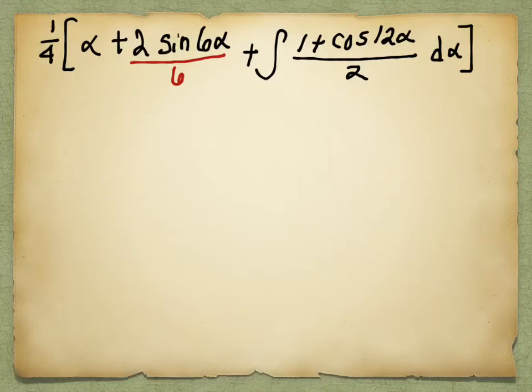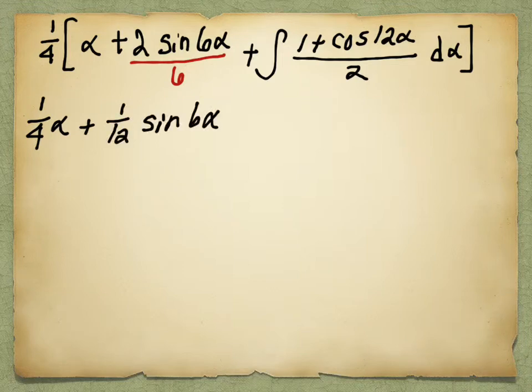And if you'd like, we can go ahead and distribute the 1/4 through here before we take our antiderivative. I have a 1/4 alpha. I have 2/6, which is 1/3, and I have 1/3 times 1/4, which is 1/12. So this is plus 1/12 sine of 6 alpha